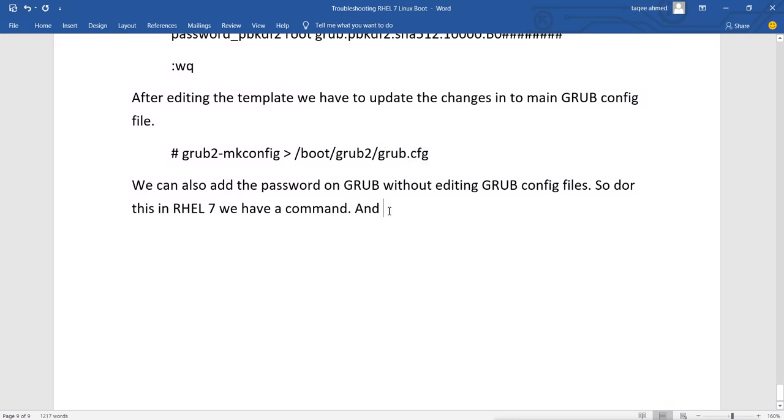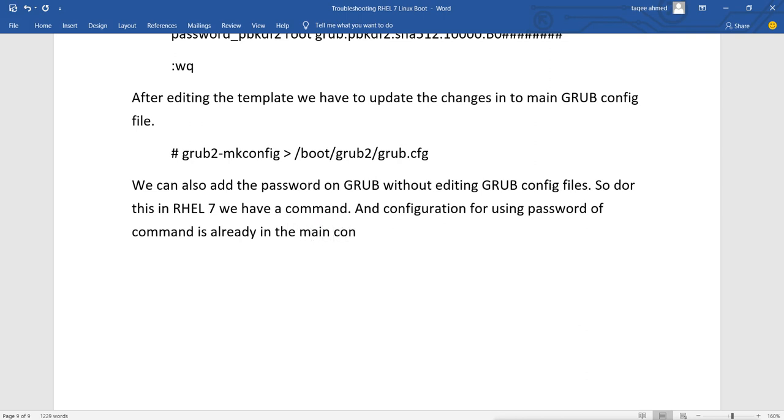Because the configuration for using the password from the command is already there, it is already in the main configuration file.